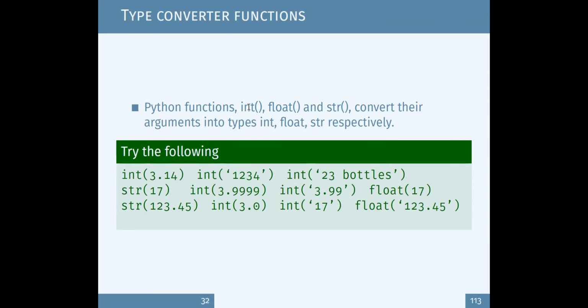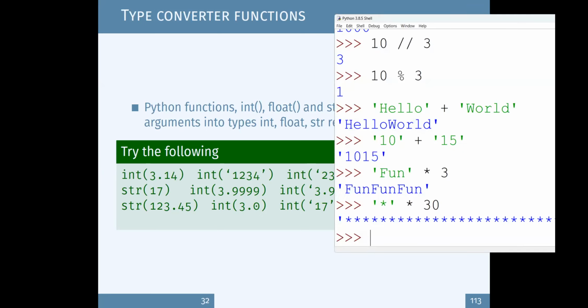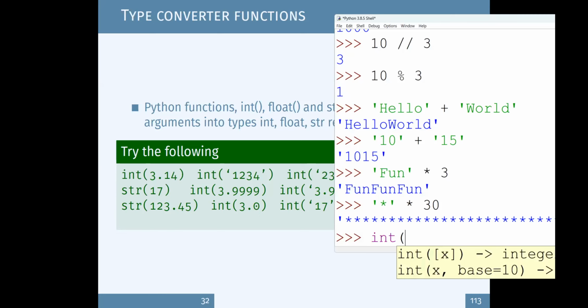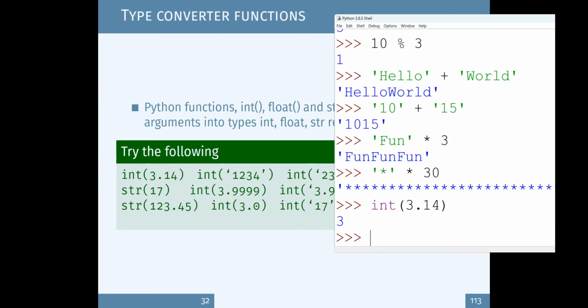Then we need to convert between data types. For example, the first one, int of 3.14, where we want to convert 3.14 into an integer value, that is a whole number. So what happens if you type it like this, int 3.14, it gives only the integer part of this. Similar to that, when you want to convert into float or string, you have separate functions: int, float, str, and so on.